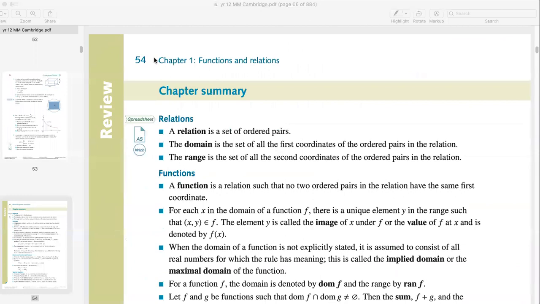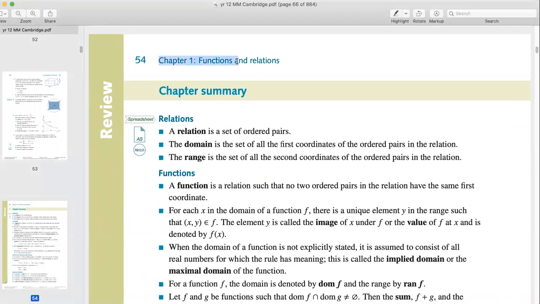Okay, this is the chapter summary for our chapter 1. So this part is a lot of revision to refresh your memories. Another really good strategy to revise is to look at the objectives at the start of each chapter and look at the chapter summary at the end. The bold text tells you the important names or some of the math terminology you need to remember, and also some really key ideas. Okay,